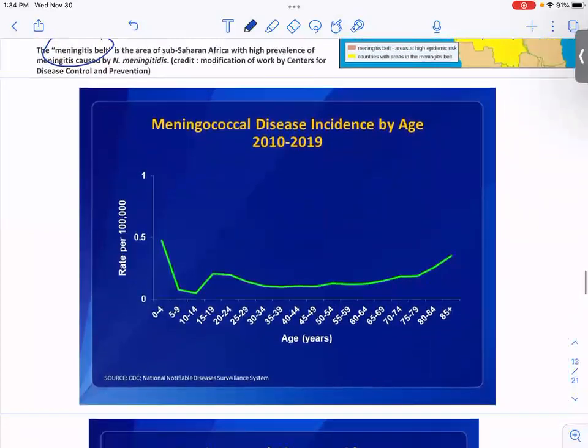This is a nice chart that just shows incidence by age over the last 10 years or so. So young children, we've got probably the highest incidence there. Incidence rises again with older adults just because immunity wanes as we get older. But there's this other blip in the young adult range, and whether it's just that age of people coming together more frequently, it's not really clear.